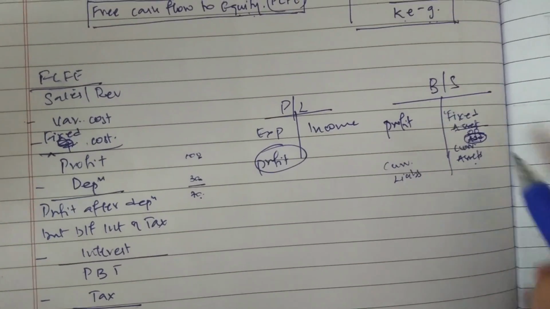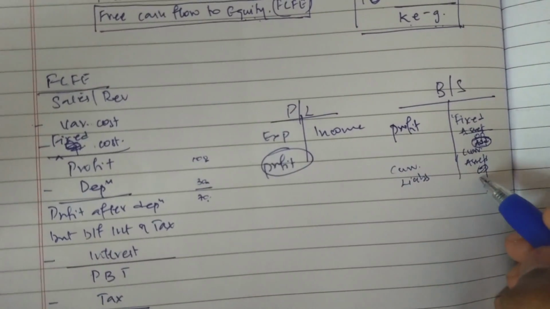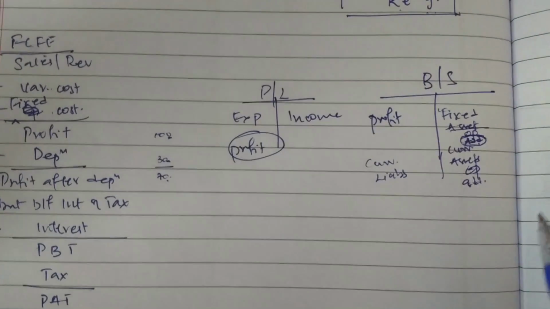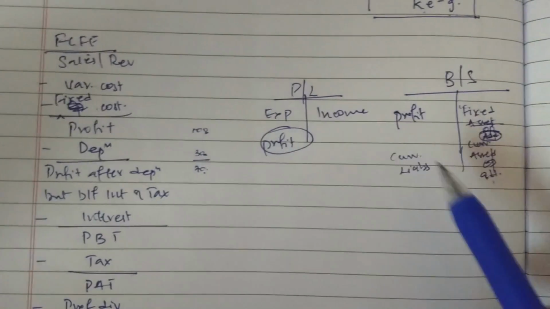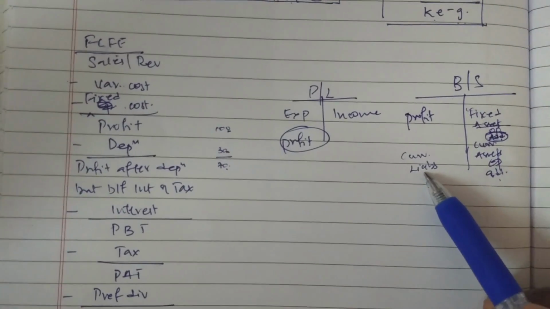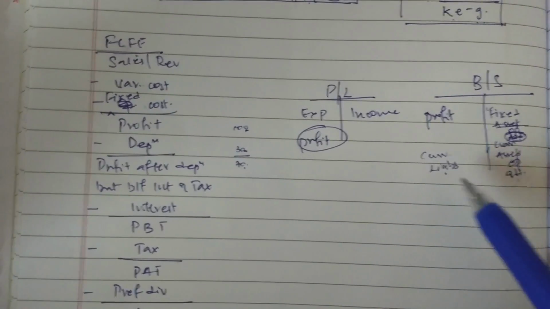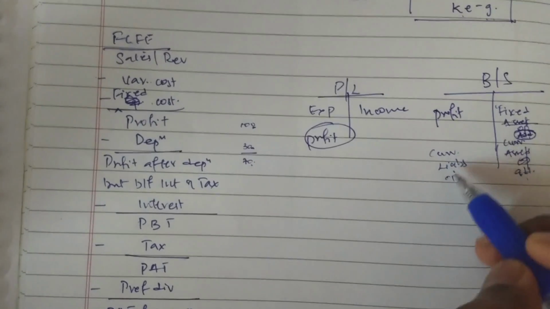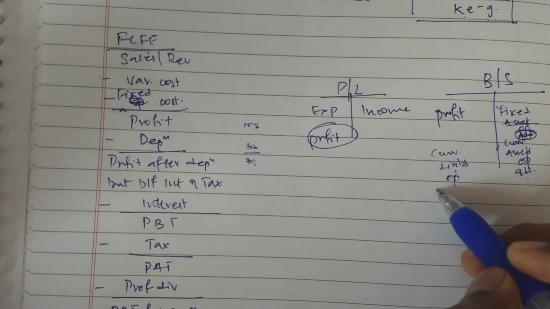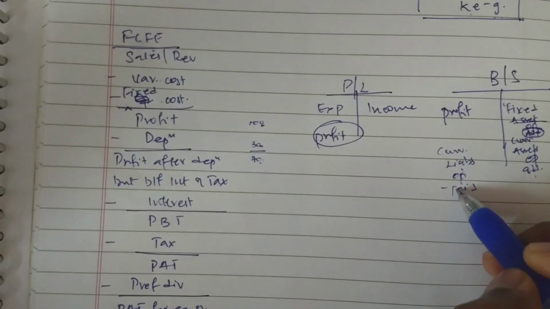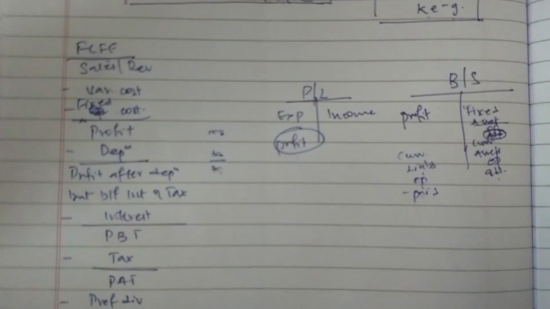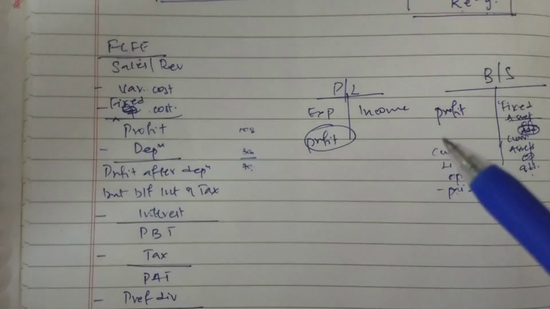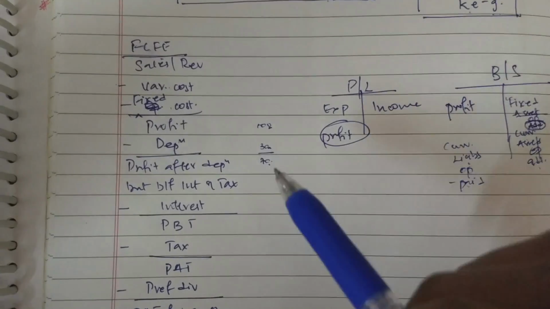There are things like current assets. There is an opening balance of current assets. There are additions in current assets which could have been purchased. That is a cash outflow, but we have not considered it in the profit. There could be current liabilities arising in the profit, something which we have paid off. There could be an opening current liability, and we could have paid off our existing current liability. Did we consider that here? No, we did not. So there are things such as these which we should consider, only after which we can arrive at a free cash flow to equity.